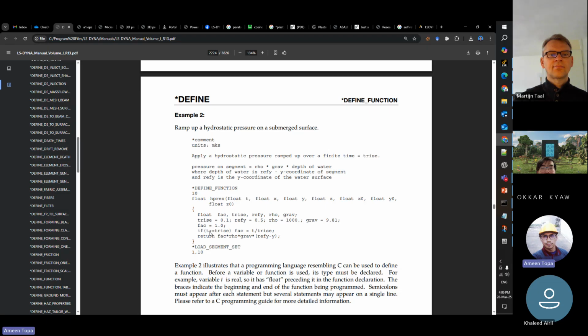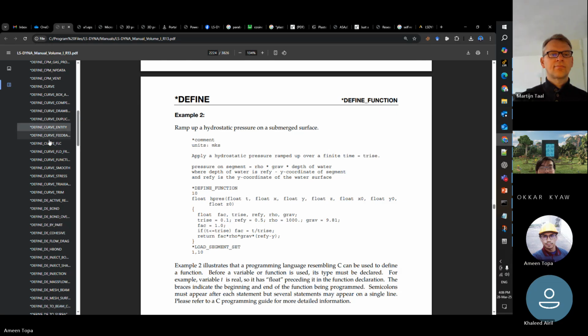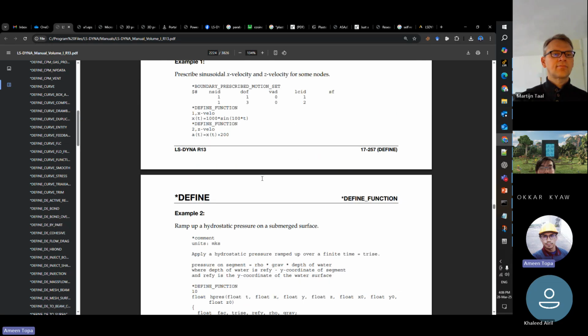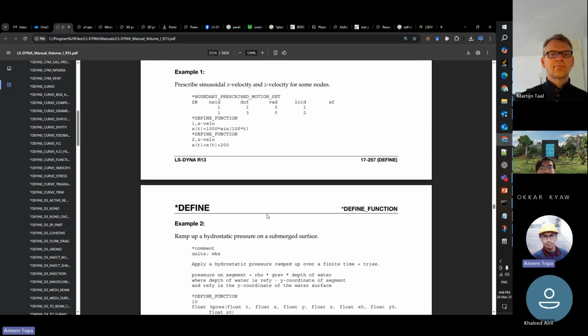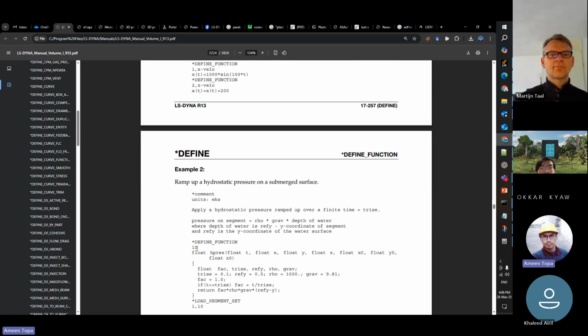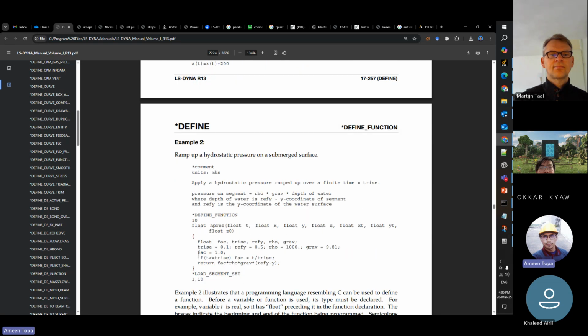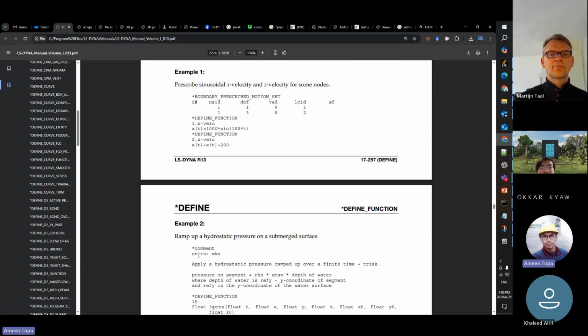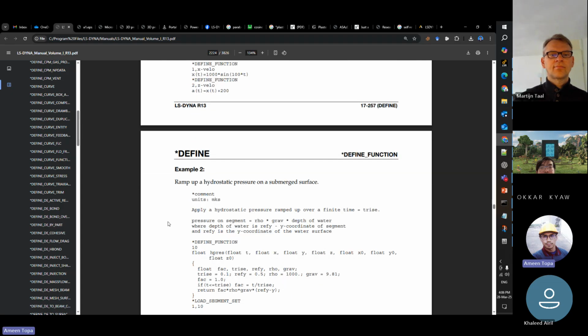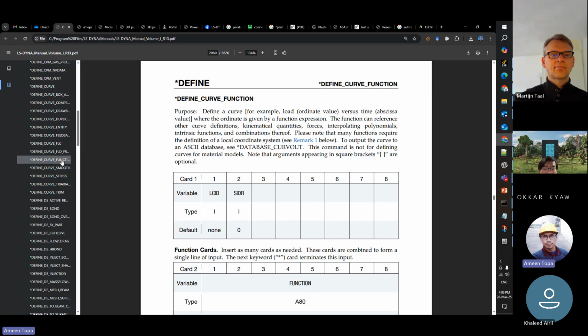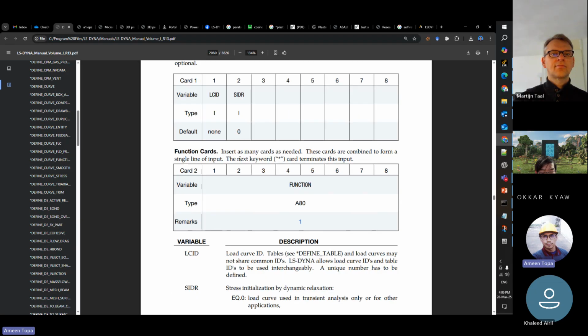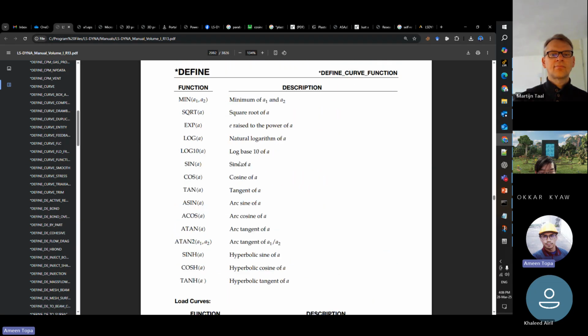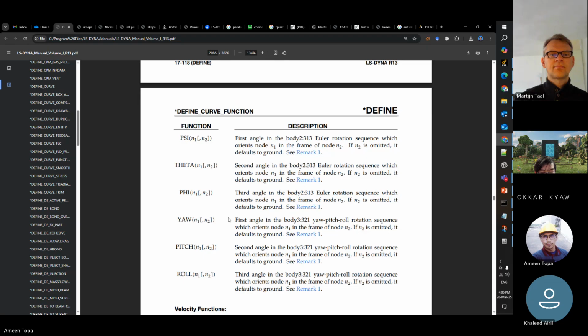There is one more example of a define. There is define curve function. Okay, sorry. What we are seeing here is slightly different than what we did yesterday. What we did yesterday is define function. What's here is define curve function. So define curve function, if you look at the example,